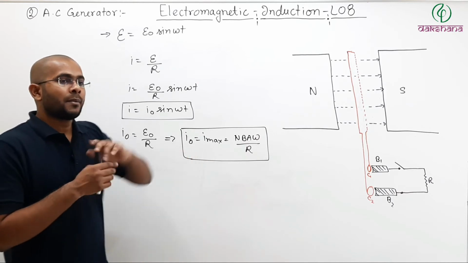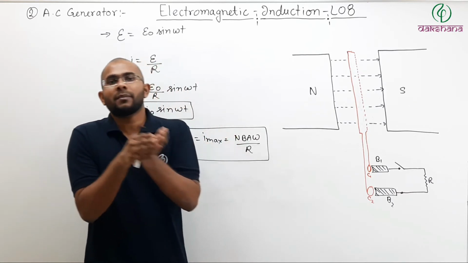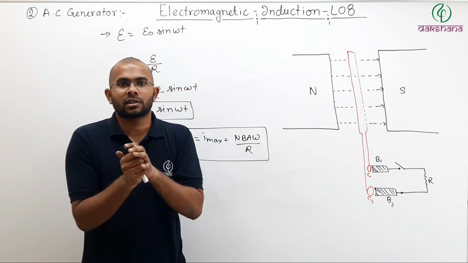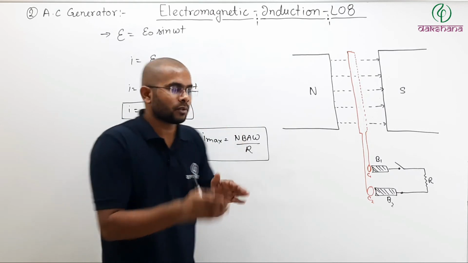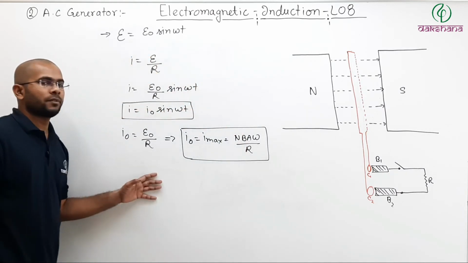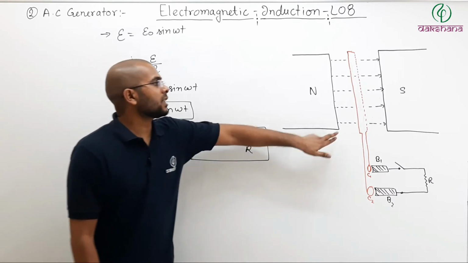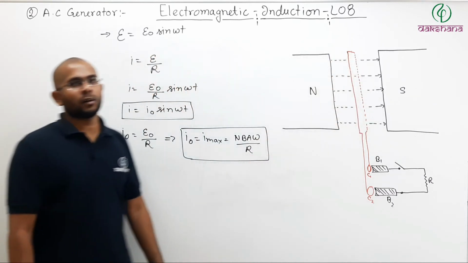So remember, minimum current and minimum magnitude of current are two different things. Minimum current means opposite direction. Minimum magnitude of current is 0. So that way you can solve. Pause the video, note it down. Then we will discuss how we find the direction of current in this loop.